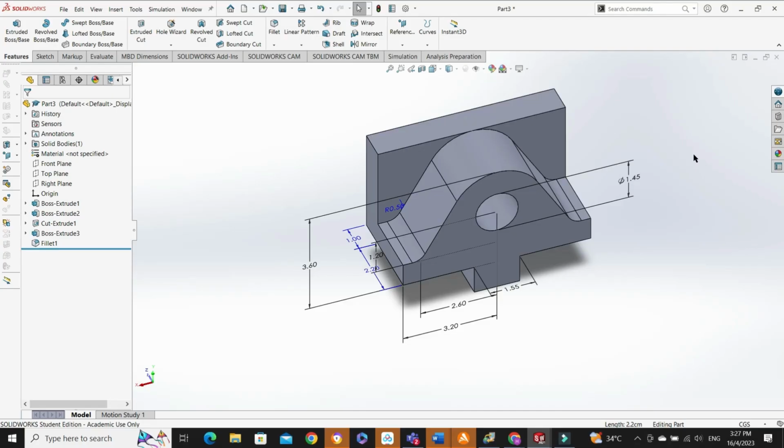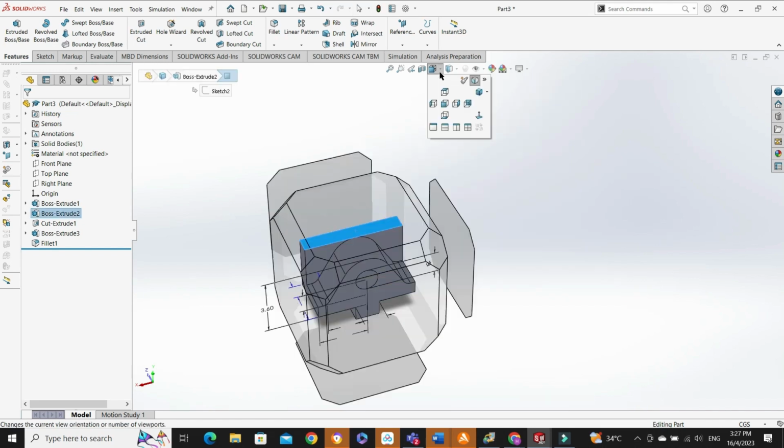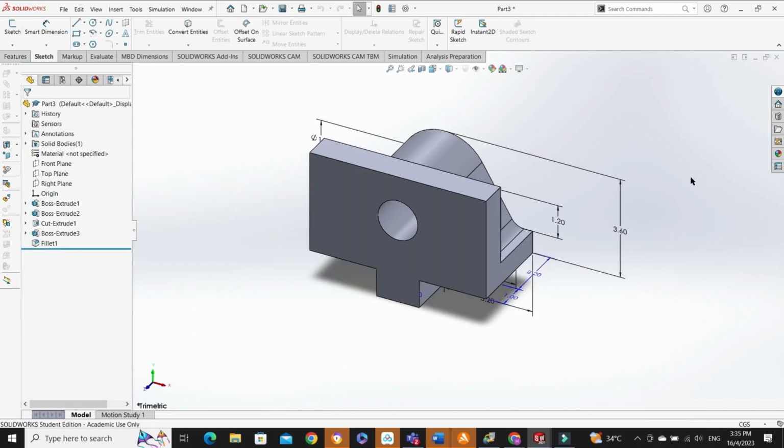So now I'll continue with the rest of the steps after the fillet action. Basically, now we need to create a hole on the top part of the model. We will be using the hole wizard to create the top circular hole in order to complete the sliding jaw object for the